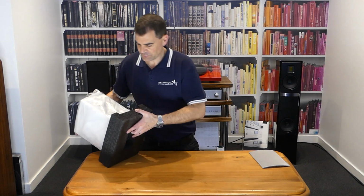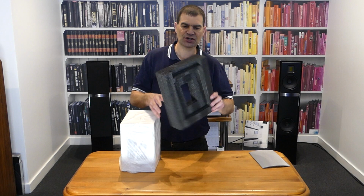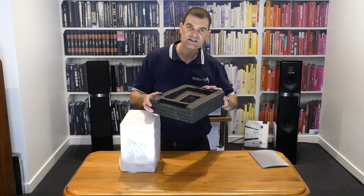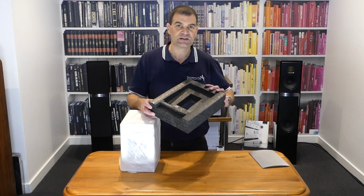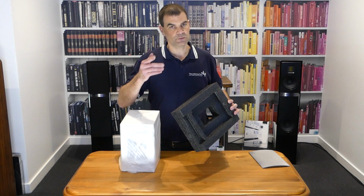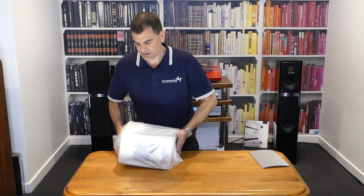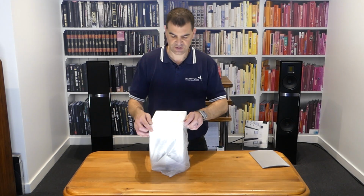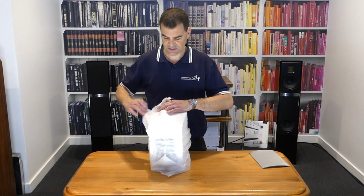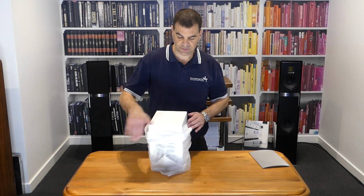The speaker itself, of course, as I mentioned, is wrapped in this big chunk of closed cell foam. And look at the size of that in proportion to the speaker. They're clearly working on the assumption that these speakers are going to get knocked around in freight, and they want them to come to you in one piece. As far as taking the unbox to the next step, it's a two-stage process. Firstly, we've got an outer plastic bag, and then inside that, a synthetic polishing cloth bag